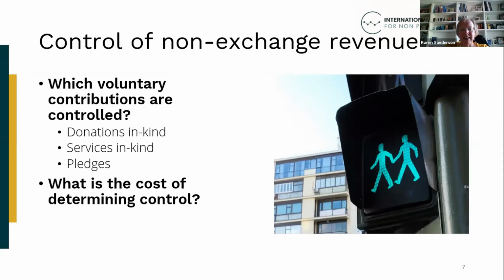So you can see that in situations like these, ascertaining control over resources might be challenging. And for some types of resource, like services in kind, the NPO might need additional systems to ascertain the amount of resource that it is controlling. With NPOs needing to be certain that they have control over the resources provided to them to be recognised, additional records and systems may come at a disproportionate cost.